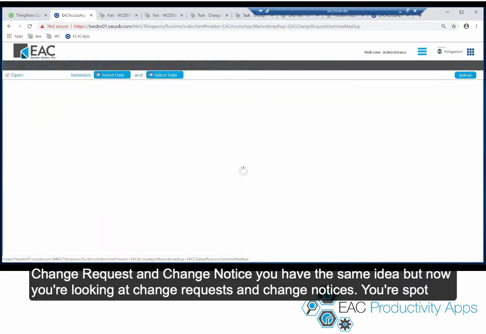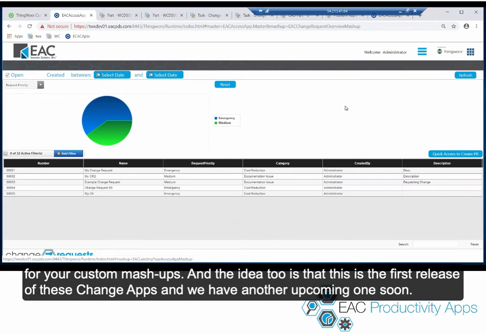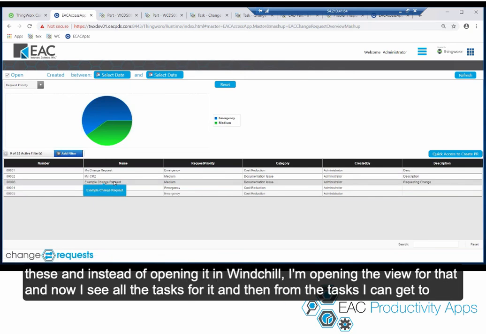Change request and change notice, you have the same idea, but now we're looking at change requests and change notices, your spot for your custom mashups. And the idea too is, so this is our first release of these change apps. And we have another one upcoming soon, and we'll have some added functionality where now we're going to interconnect a lot of these apps. So say now I'm double clicking one of these, and instead of opening it in Windchill, I'm opening